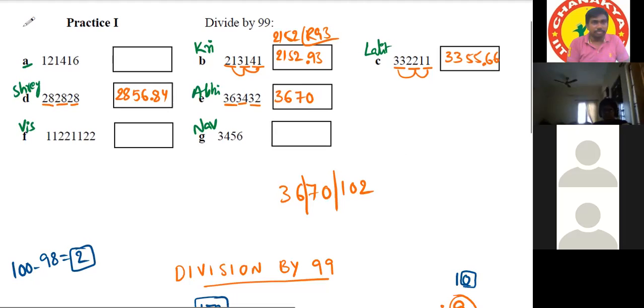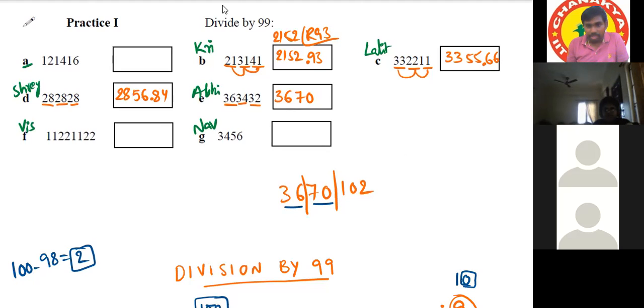Okay, all of you see here. Here we have dropped pairs of digits, sir. So there should be a pair, but here we are getting a 3-digit number. So sir, how should we balance it here? Yes, we have to balance here, but balancing is not with the single digits, sir. Balancing is also with the pairs of digits, sir.